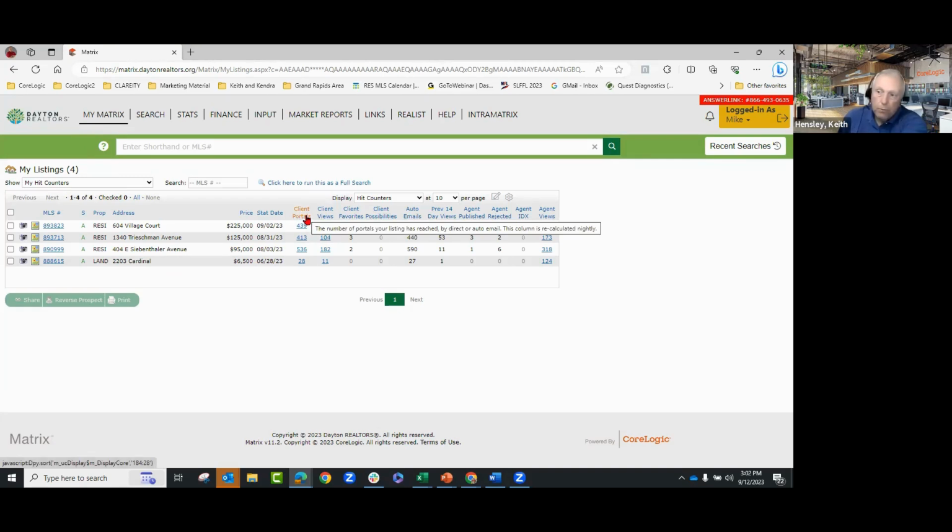So when you come in here, the first one is called client portals, and it tells you right here the number of portals your listing has reached by direct or auto emails. Okay, so it's been sent out. It's sitting on 439 client portals out there. But just because it's on these client portals doesn't necessarily mean the clients have seen them. The next one means